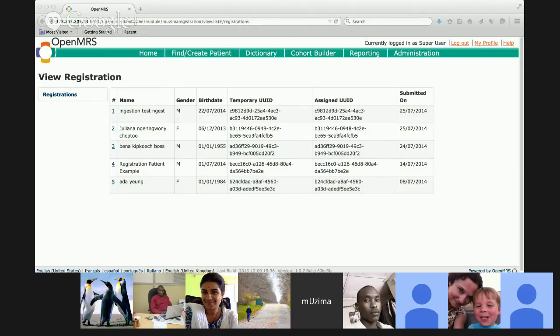Yeah. So that's why I got confused, because I don't believe the temporary UID is always the same as the assigned UID, especially for those cases that are created as new from the device, but actually already exist in the system.